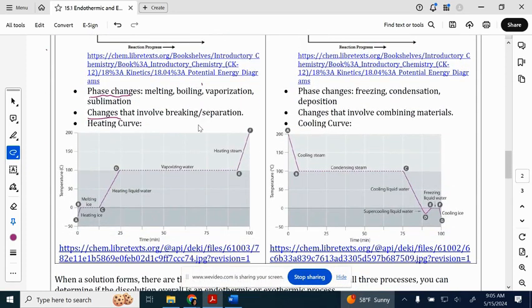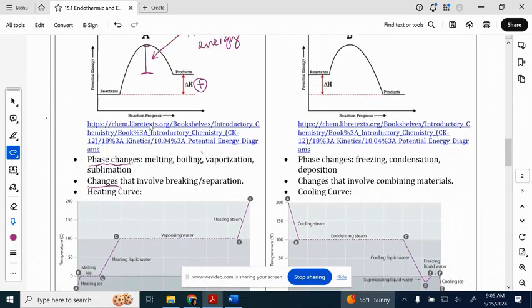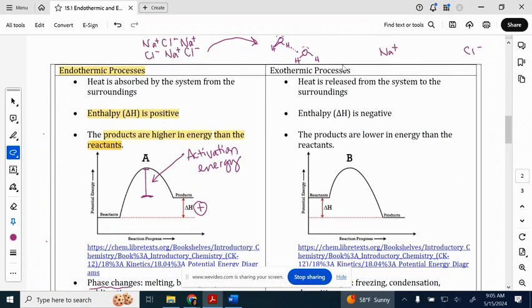Heating curves. When you're looking at something heating, you're adding energy in at every one of these steps to get this stuff up to steam. Okay? If we flip to the other side then, and we're talking about exothermic processes,